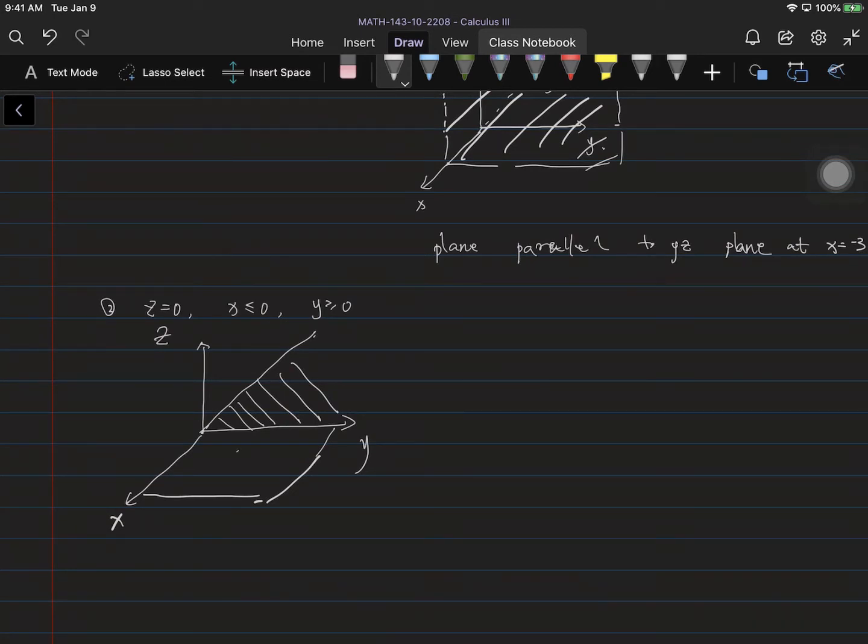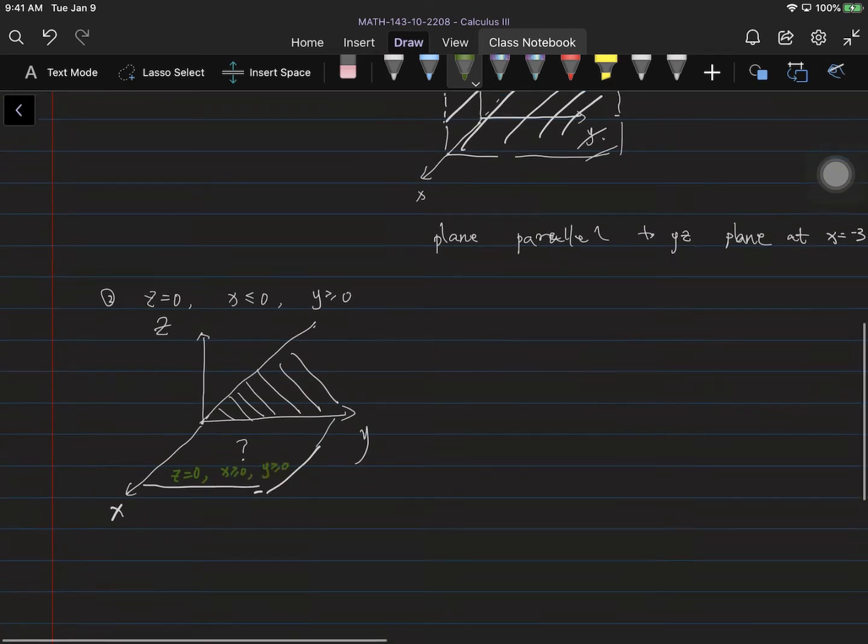And if I ask you what is this region, can you think? What's the region of this one? So here should also be z equals 0, but x greater than or equal to 0 and y greater than or equal to 0. Alright, so